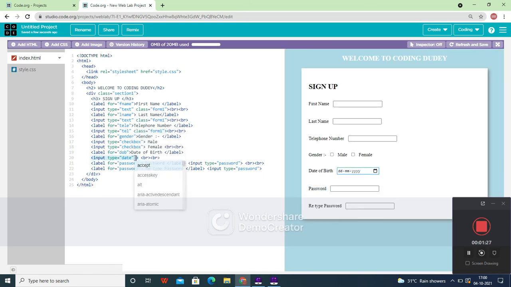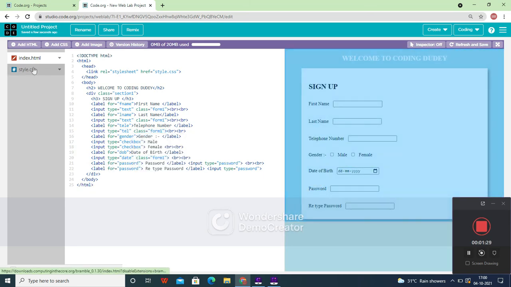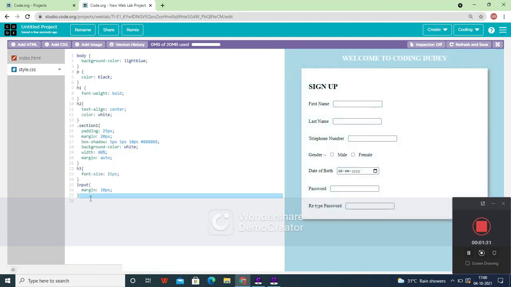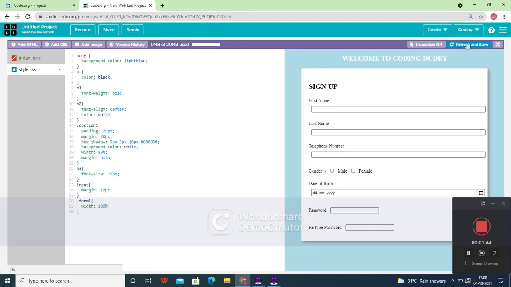Here we don't need. Okay, so now what you can do is, here you can directly give form1 and then let's give the width to be 100%. So now you can see that it looks good, right?